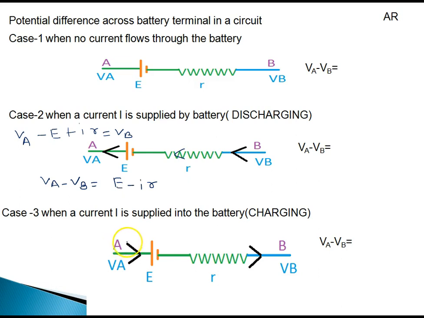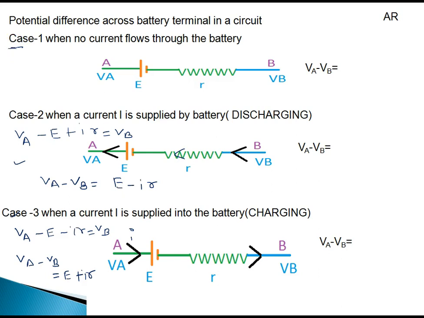Now we are writing here, if current is I in the circuit, then you will say VA. Now again you are moving positive to negative across the battery, so it is minus E. Again you are moving along the direction of the current. When you are moving along the direction of flow of current, there is loss in potential. This should be equal to VB. So VA minus VB equals E plus IR. Now as I have done this question in this situation, please apply yourself and solve case number 1.